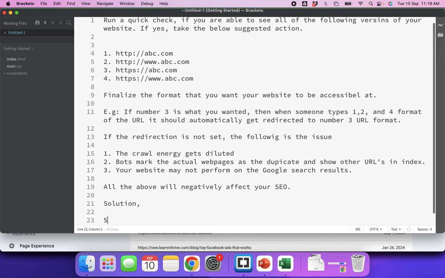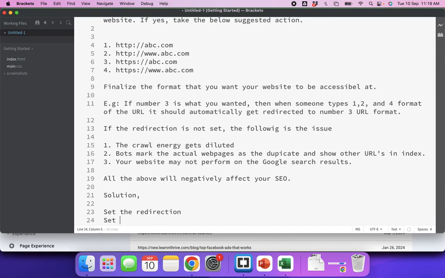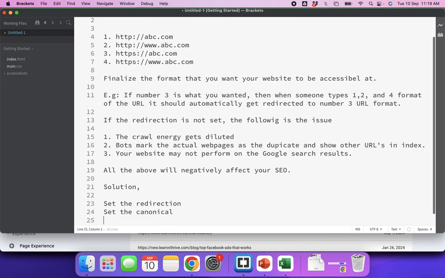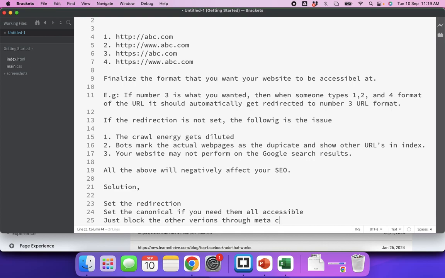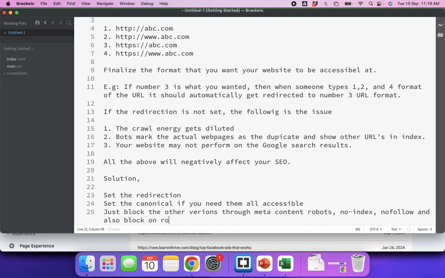Solution is set the redirection, set the canonical. If you need them all accessible, just block the other versions through the meta content robots, noindex, nofollow, and also block on